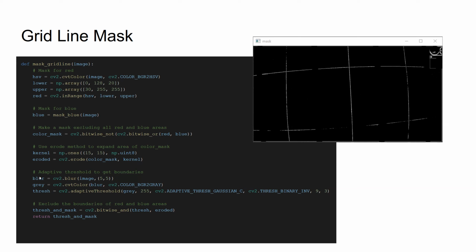And then it can be helpful to use a blur before you do the adaptive threshold because usually there is some noise and then you can get some random pixels in the middle that show up on the adaptive threshold, but the blurring can help mitigate that. So once we have our threshold, we use this bitwise AND with our eroded mask from before to exclude all those areas. And on the right, you can see what image we actually get. So it seems to isolate the grid lines pretty well. You'll notice some of them sort of cut out,